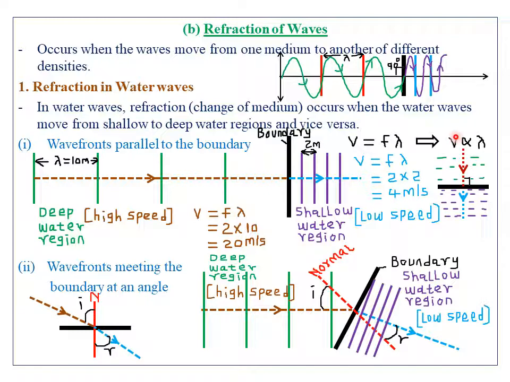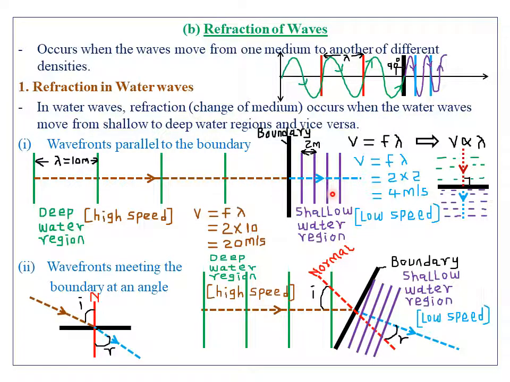And you have seen that the velocity of the wave in water regions is directly proportional to the wavelength. Therefore, the larger the wavelength, the higher the speed of the water. And of course, the smaller the wavelength, the lower the speed of the water. So maybe in an exam scenario, you will just be given the incident wavefronts, then you will be asked to